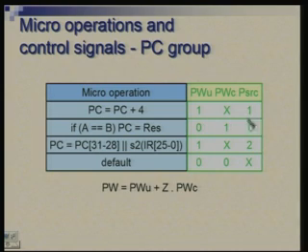So that takes care of what value is being transferred, and these 2 signals are taking care of whether this transfer is taking place conditionally or unconditionally. And the default: there are many control states where we are not changing the value of PC, and there we need to keep both these as 0, and the value of P source does not matter.